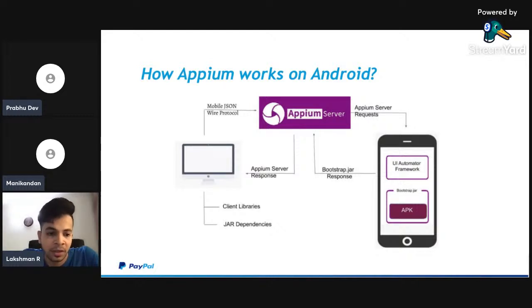These commands are interpreted by the bootstrap.jar, which converts them into the mobile-understandable UI Automator format, because the device has to understand any request that is sent in JSON wire protocol or whatever. So this bootstrap.jar plays a major role here.